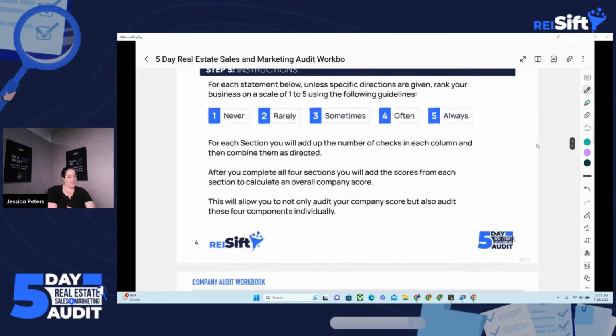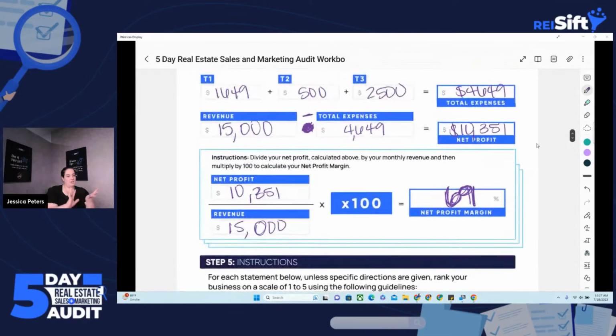All right. So now that we've done that, we've got our profit margin. Unless we have any questions, I can wait a second to see if we have any questions there. We're going to start doing the actual audit. Because of the time delay, the first month we had a lot of people live, I did a survey for every single question. What I've been doing the last couple months is I'll give an example and give a score to demonstrate it for you guys.